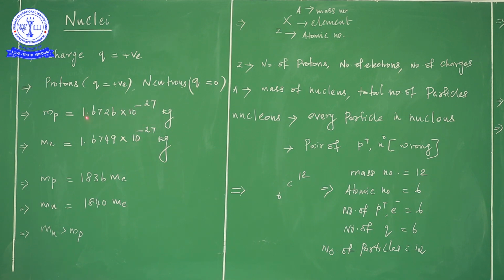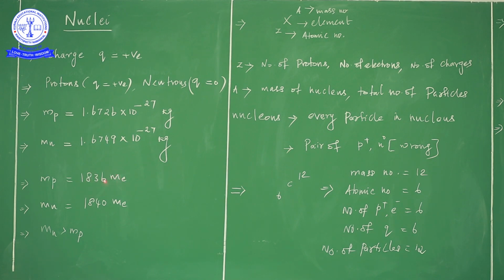So that means mass of the proton is more or less equal to mass of the neutron: 1.6726, 1.6749, so there is a slight difference, so we consider the mass of the proton and the mass of the neutron to be more or less equal. Okay, then mass of the proton in terms of mass of the electron, நம்ம சொல்லணும் அப்படினா mass of the proton is